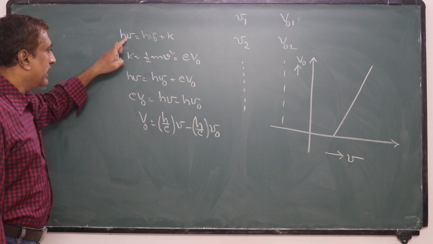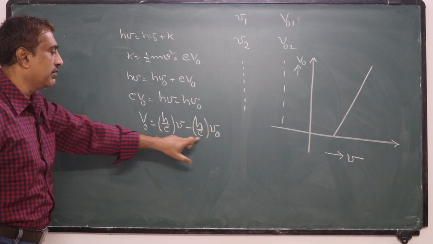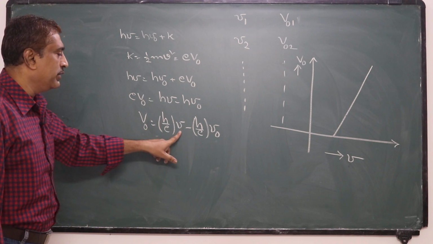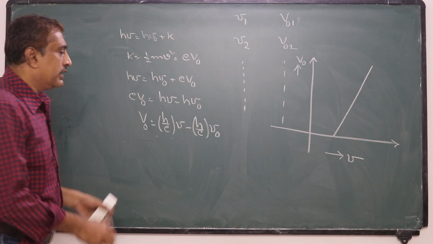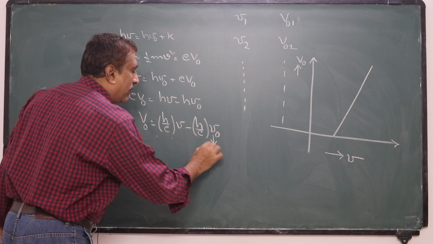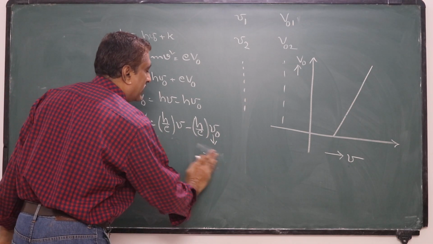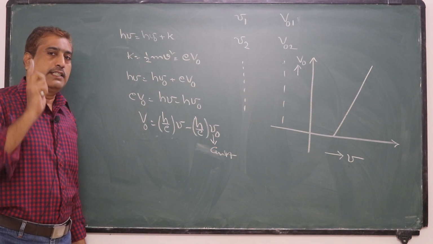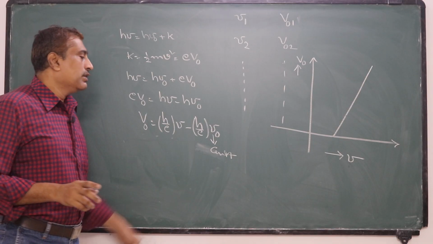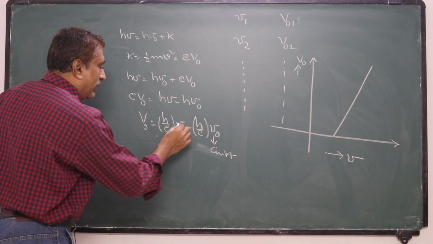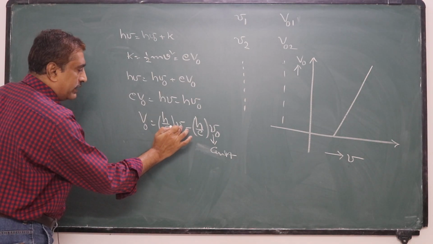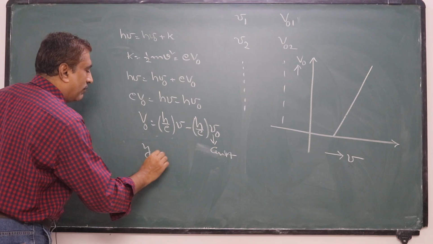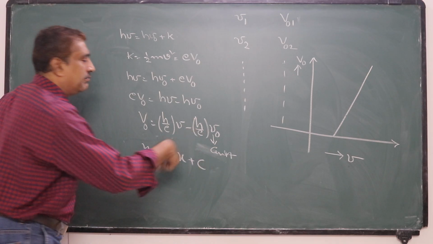Okay. Now this Einstein photoelectric equation is transformed into this form: stopping potential is equal to h by e into nu minus h by e into nu naught. That means this nu naught is the same for a particular material. This is a constant physical quantity for a material because the threshold frequency is the same for a particular material. So this is constant. So if we draw a graph between frequency nu and stopping potential, this appears to be of the form y equal to mx plus c.